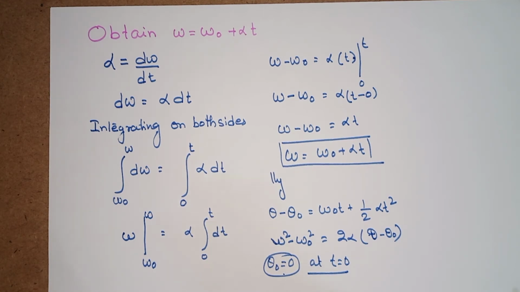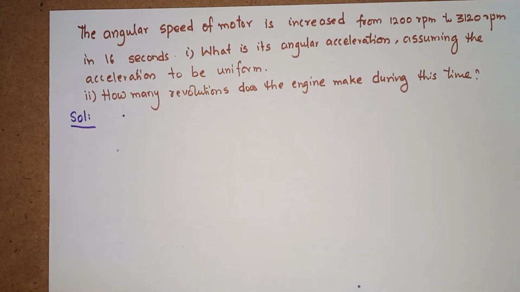Where the fan is at rest and you suddenly switch it on, at that moment there were no revolutions or rotations made by the fan. When you start counting the time t equals 0, at that moment theta naught can be 0. So there are different situations, and we need to understand them from time to time. This is a simple problem where we apply the equations of motion. We will apply them in a different way also.